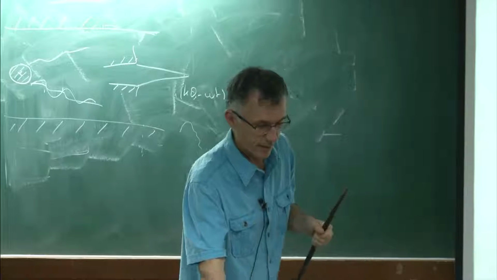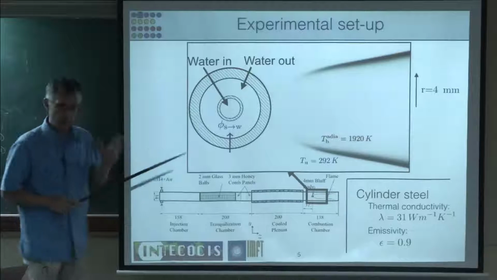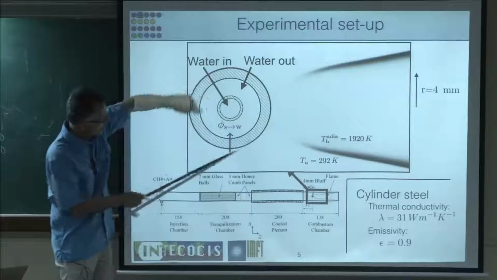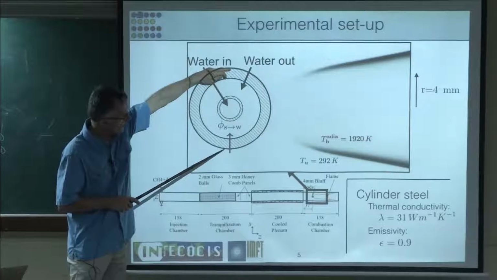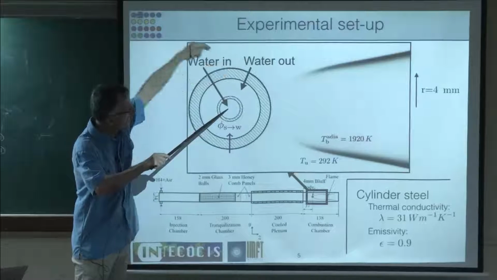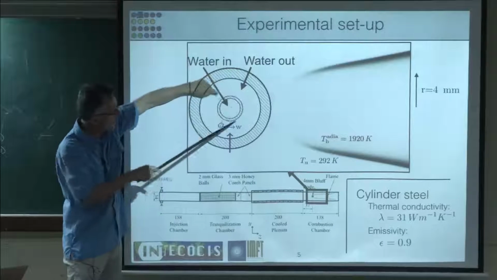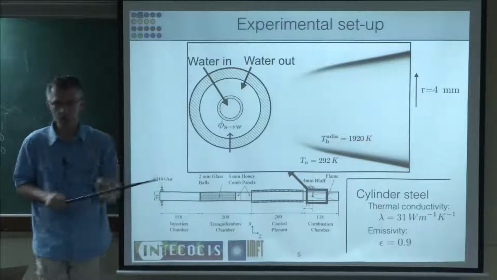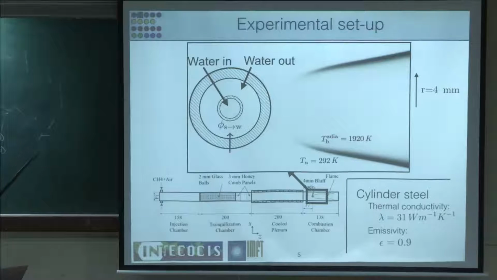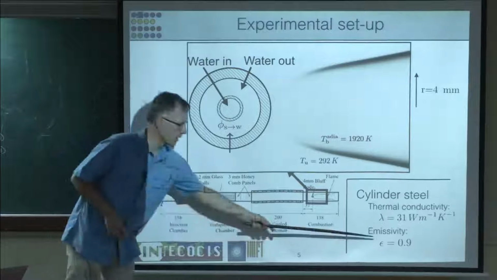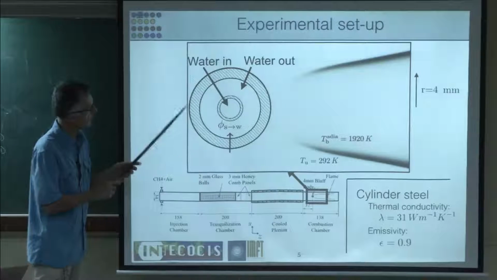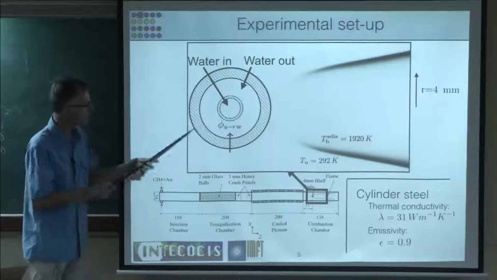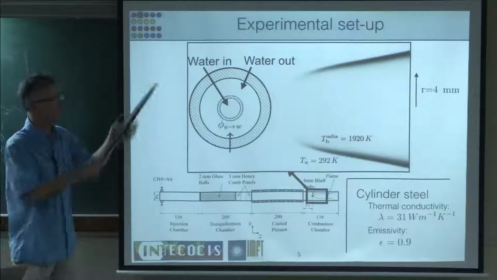So here, I'm going to show you two examples. This first one is cooled. It's actually an interesting thing to set up. You have a bluff body here, a cylinder, where you inject water in the center, and the water comes back from that side. And this way, if you put enough cold water, you can keep the whole thing around 300 K. And as you will see in a minute, in that case, radiation will be important. So the emissivity of this cylinder is taken to be 0.9. We will account for the fact that this cylinder is losing heat towards the cold walls.